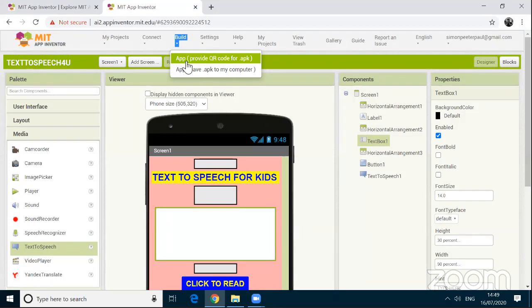The first one is app, provide QR code for .apk. .apk is nothing but a file format. In Windows, if you are installing any software, it will be in .exe format. In an Android app, if you are installing any app, the file format will be .apk. Let me give you one example. If you are having any image, it will be having some